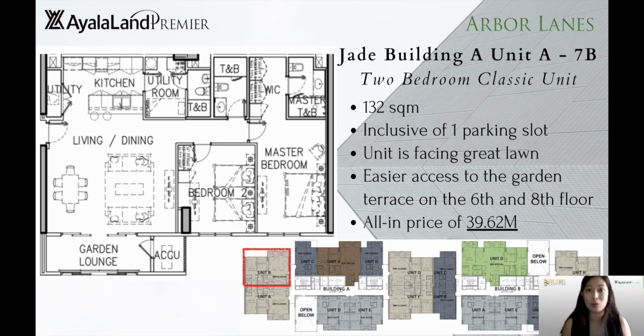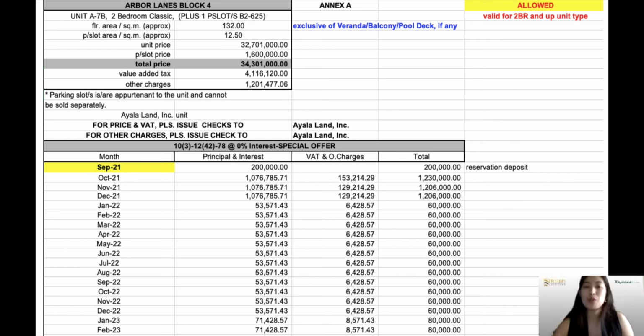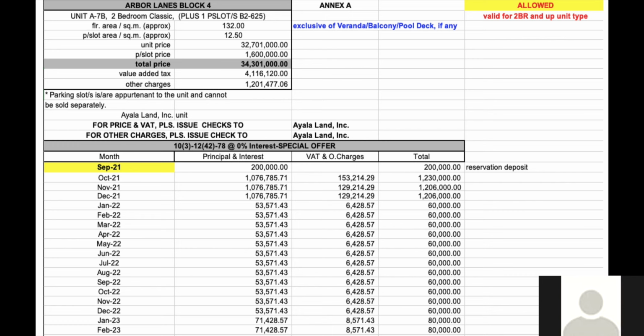Just like the first unit, I also prepared a special term that you may consider for this unit right here. So for our special term, the same reservation deposit, it's 200,000. Your 10% down payment is still split into 3 months. After that, your 12% or the monthly amortization that you will be having will be split into 42 months, or